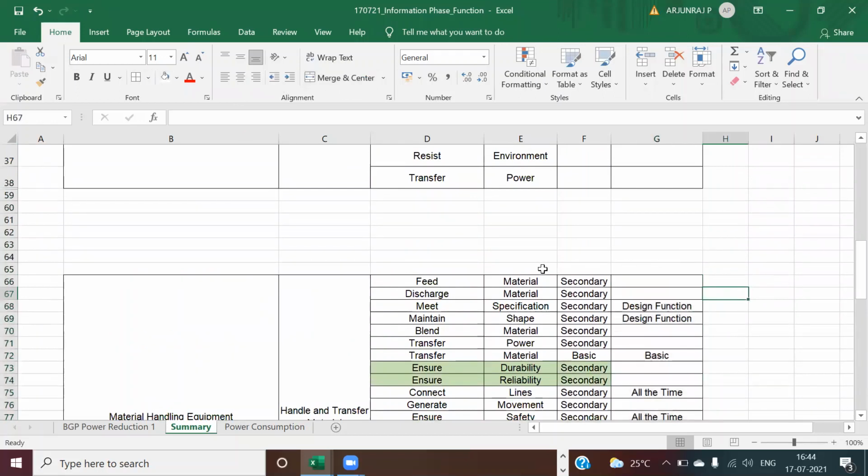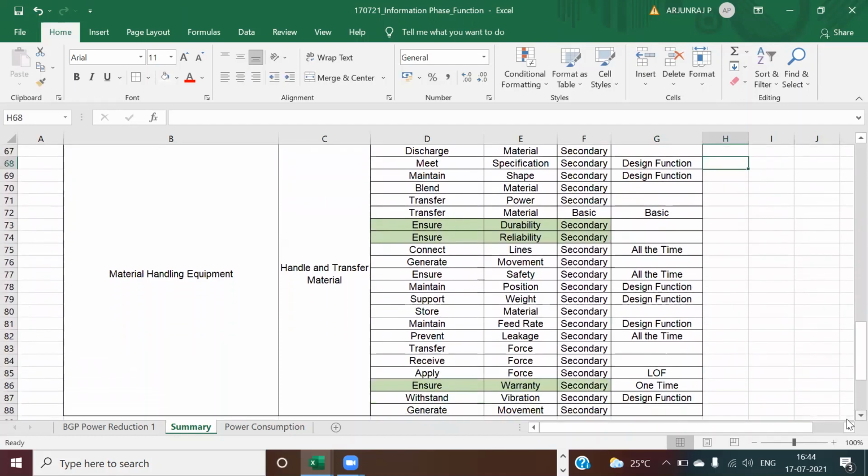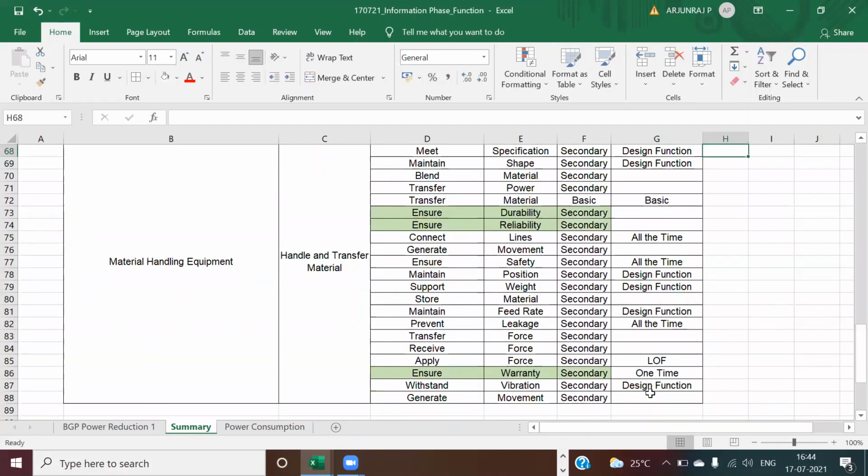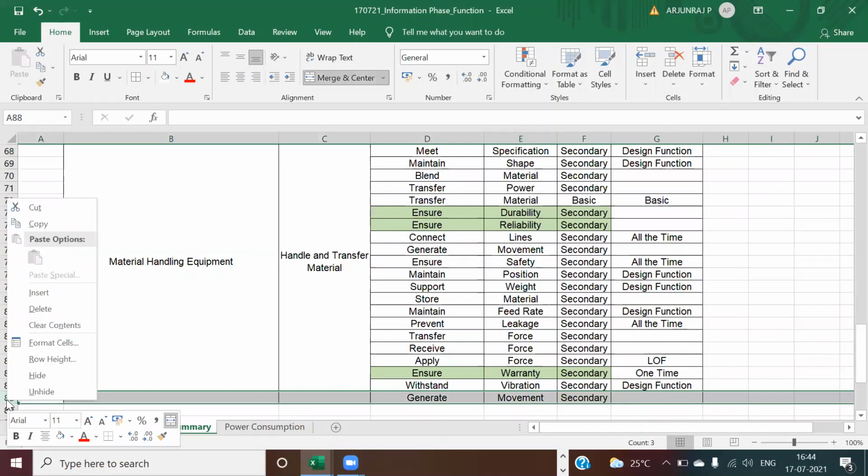So here what you have to write is this is the equipment, these are the features, this is the verb and noun combination, this is the function type. Okay, what type of function this is. This is also going to be a type for a FAST diagram. So this you are going to write in the FAST diagram. You know, a FAST diagram will have design function, all time function, one time function, basic function, and secondary function. So whenever it is the critical logical path, we will put the thing in the critical logical path. So even the general mode is getting repeated here.